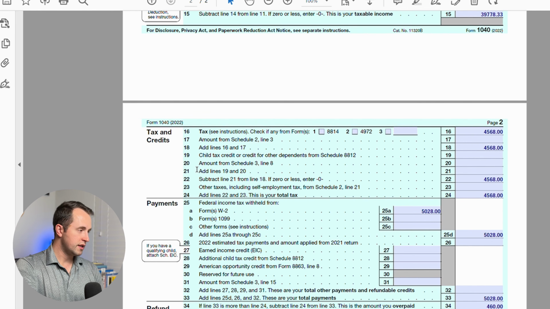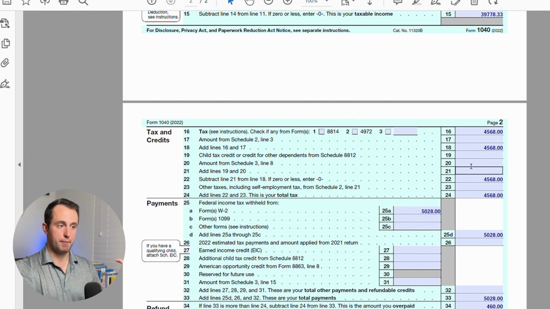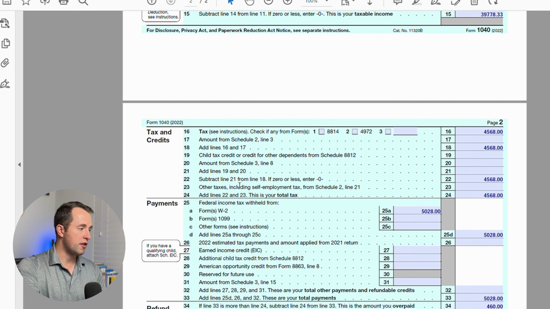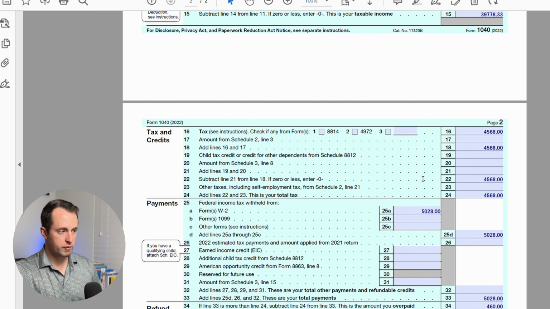So line 21 is adding lines 19 and 20. If it's blank for you, you can just leave it blank. And so what's going to happen then is you're just going to copy whatever is in line 18 and paste it in line 22. And then again, line 23, this is going to be other taxes, including self-employment tax from Schedule 2, line 21. If you didn't owe any sort of self-employment tax, leave that line blank, and then copy line 22